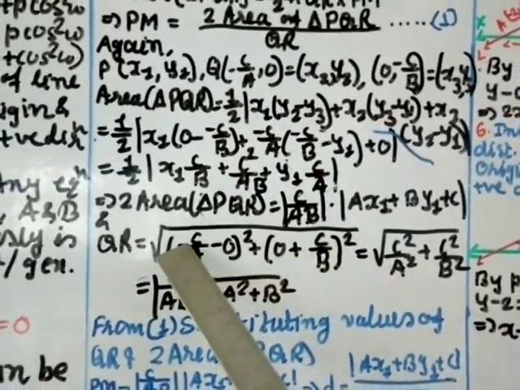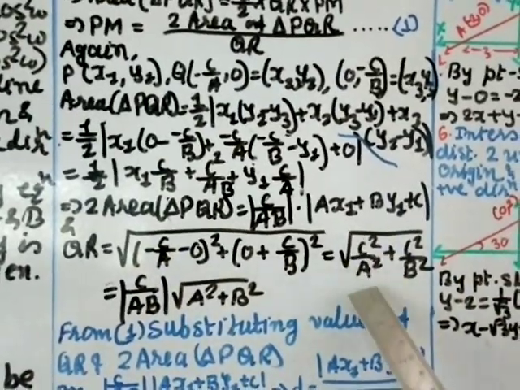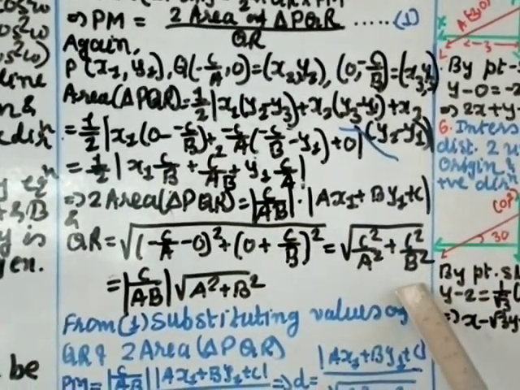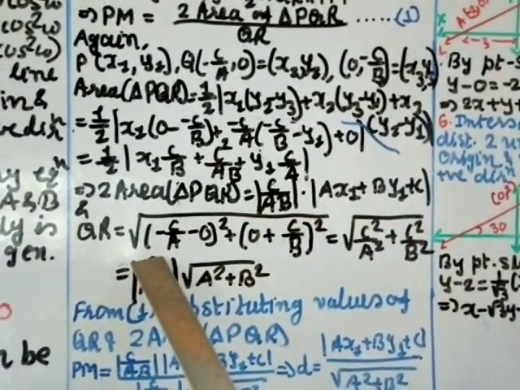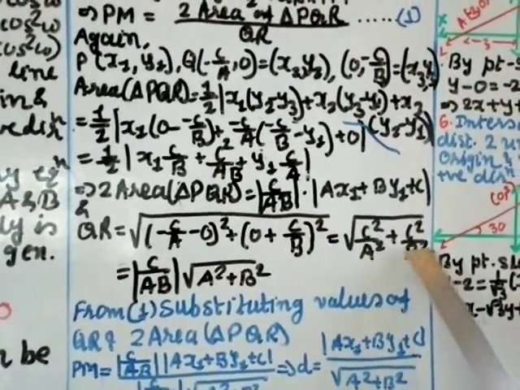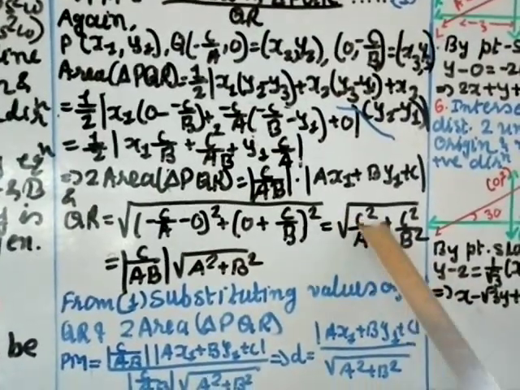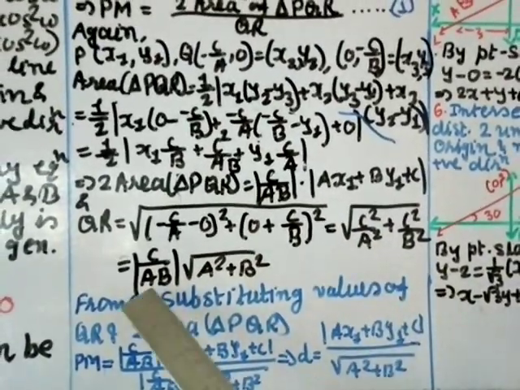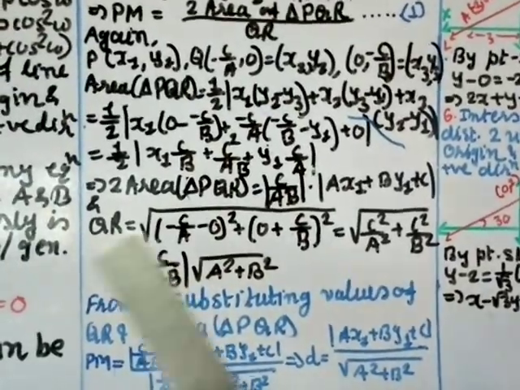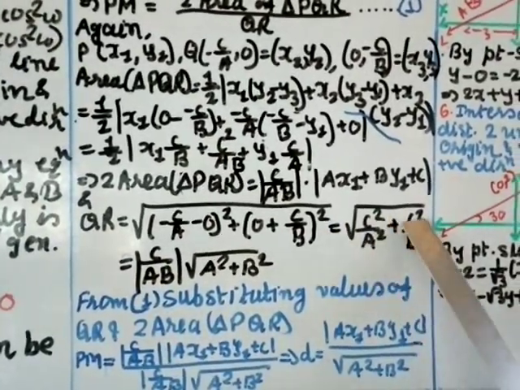So here square root of c square by a square plus c square by b square. c square take common, out of the square root it becomes c, and for a square b square, take the LCM first. So here b square plus here a square, and the denominator is a square b square. If you take that out of the square root, it gives you divide by ab without the power, and here remains a square, here remains b square.